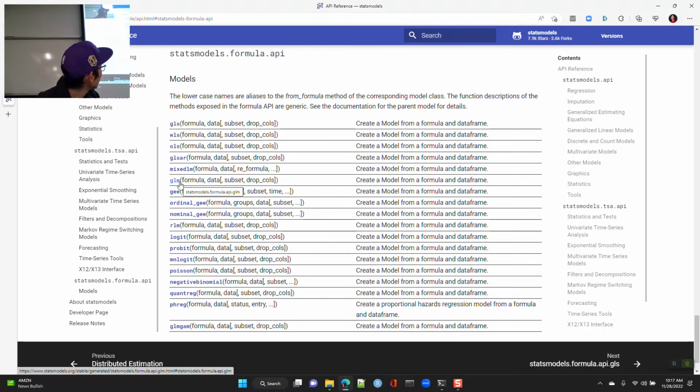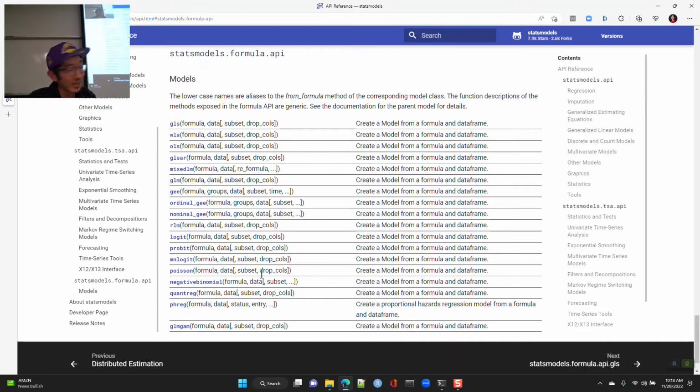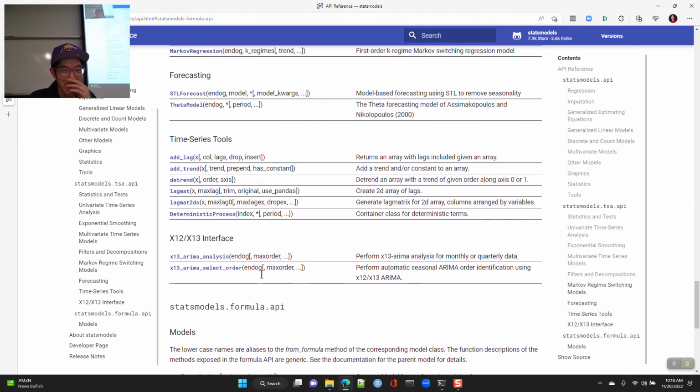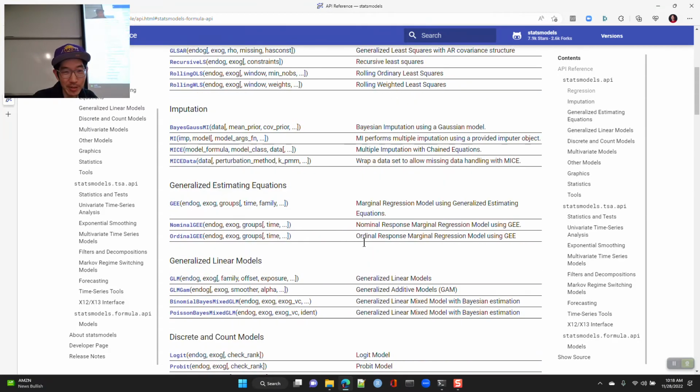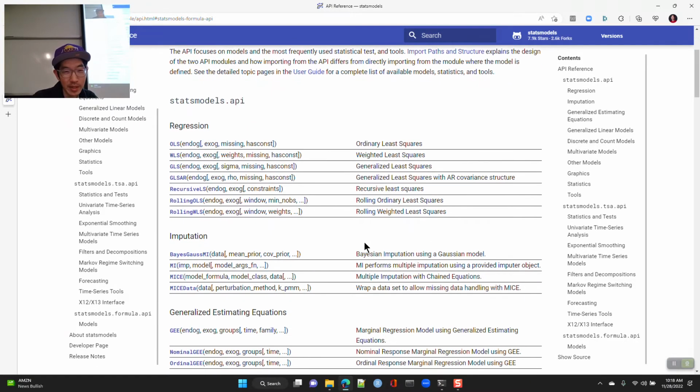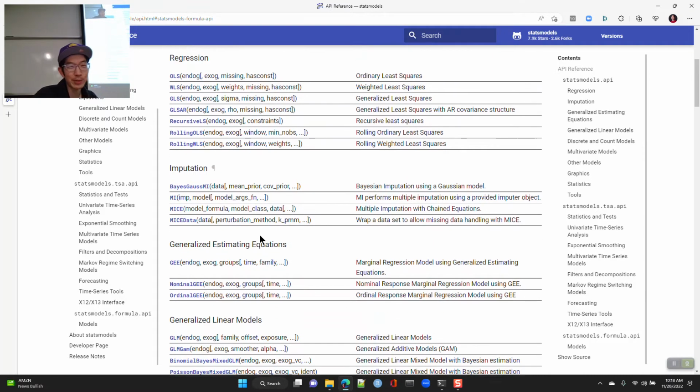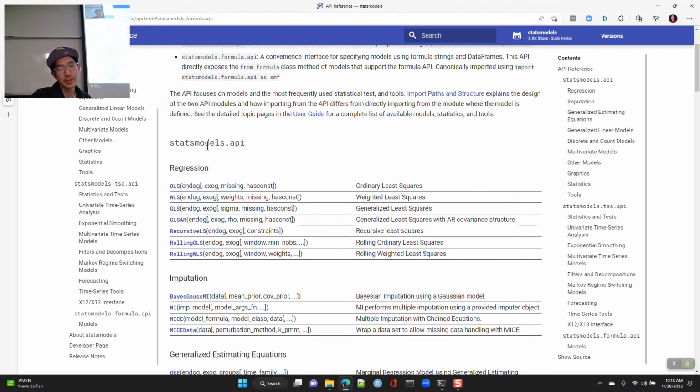Probably GLM and OLS are your most common things, and then there are other forms of regression that I don't know, honestly, but they haven't put in quite a bit. If you don't use the formula API, you have OLS and all of these things. You have to be careful because, unfortunately,